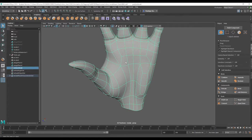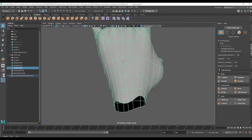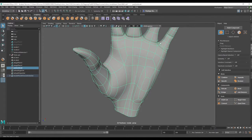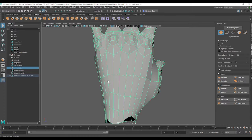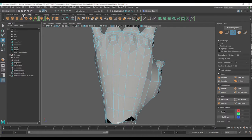That helps, and I reduce the number of edges better. I just need to reduce the number of edges on top here, so I guess it would make sense to use the same ones that I did on the other side, the ones between the fingers. So in that case it would be this one and that one, which we would like to get rid of. Actually, I'm going to just do it up here, so I'm going to select this edge down here and this one down here, and then control delete those,